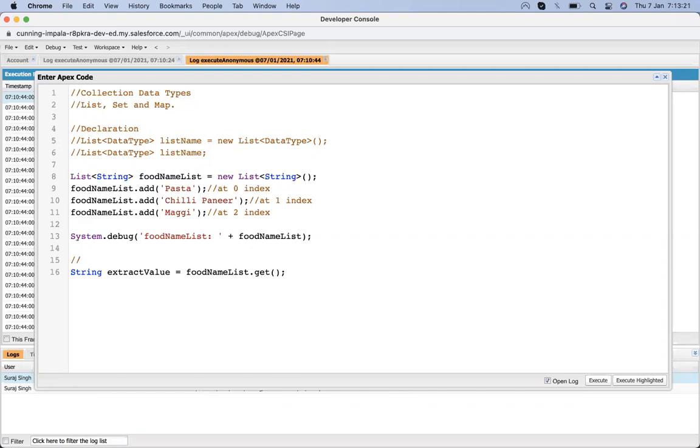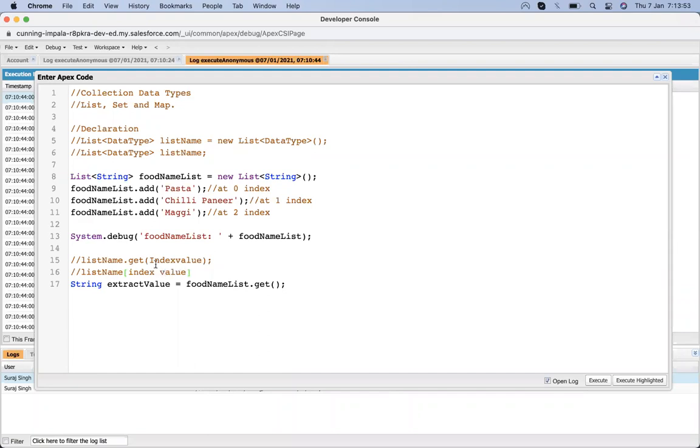For extracting an element from a list via its index value, we have a method called list name dot get, index value. We also have list name, square bracket, index value.